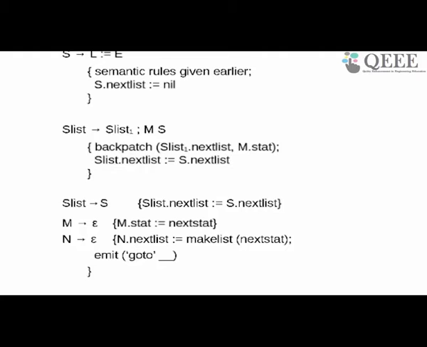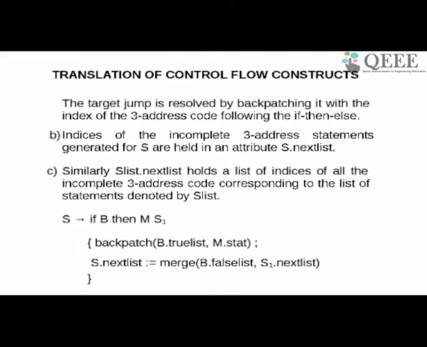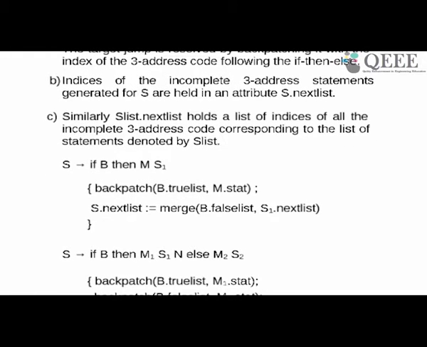So you say the next quadruple, the next three address code that I am generating, is incomplete. Make a list of it. Another function call. So whatever is the next stack, please make a note it is incomplete and emit a new goto with an incomplete target. Note down this address and call it N.nextList, because this statement's address is not known. So observe that N going to epsilon is doing an interesting job of connecting the part after then, which is this N, to after the if-then-else.